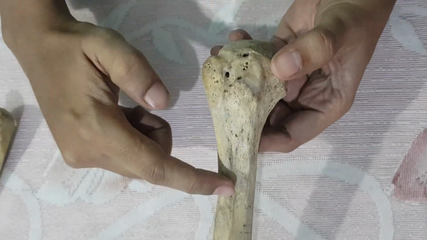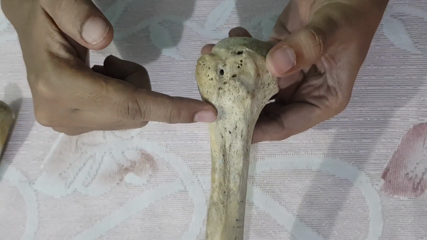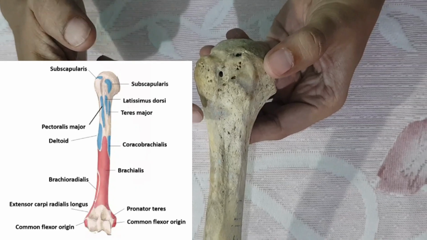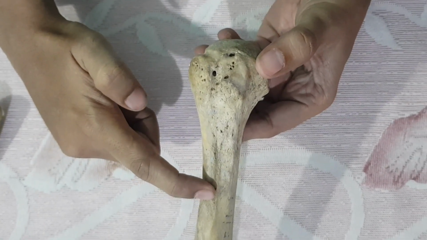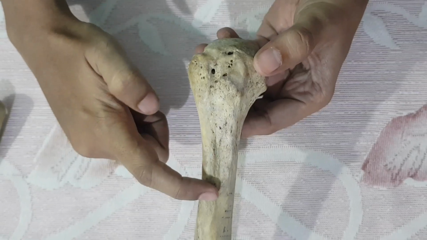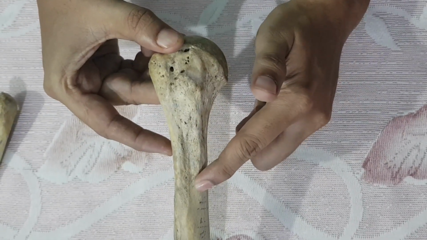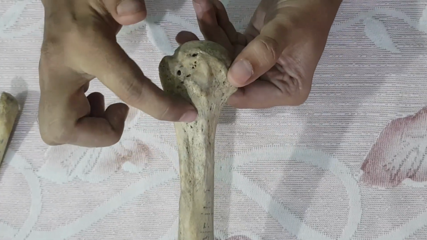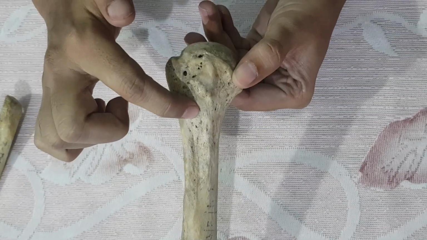Attachments on the bicipital groove or intertubercular sulcus are remembered by the mnemonic, lady between two majors. The two majors are pectoralis major, inserted on the lateral lip of the bicipital groove, and teres major, inserted on the medial lip of the bicipital groove. On the floor, there is insertion of the latissimus dorsi.